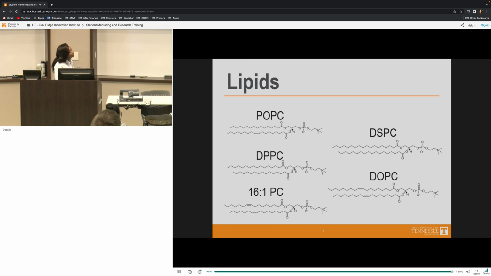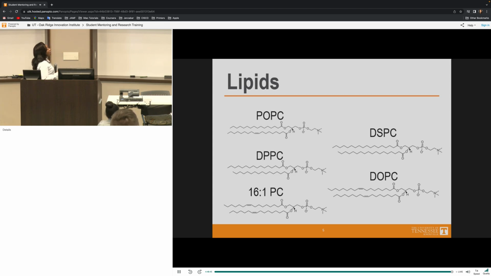And why are they different? It's because POPC has one saturated chain on top and one unsaturated chain at the bottom. As you can see, it has a double bond as well, and it is a 16 carbon chain. DPPC has two saturated chains with no double bonds, and it is a 16 carbon chain. 16:1 PC has two unsaturated chains with double bonds, and it is a 16 carbon chain